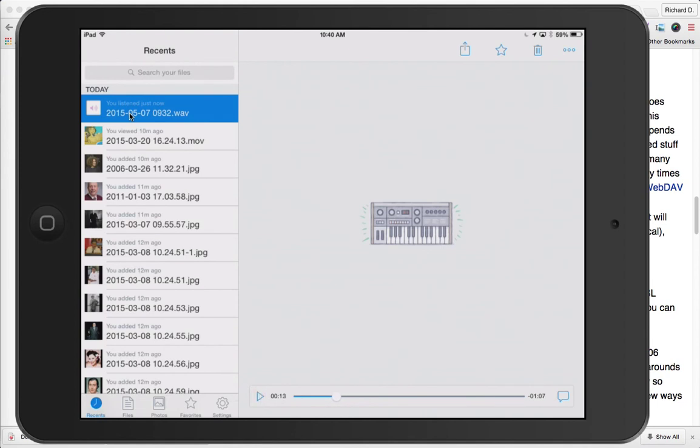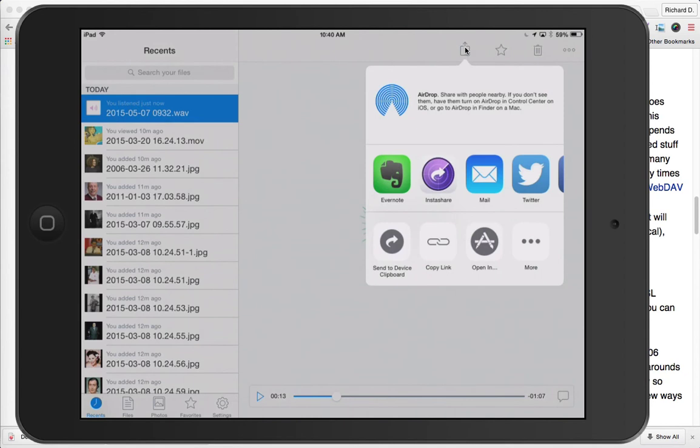Now, I'm going to stop this, but what I most want to share with you is, you see this box with the arrow pointing upward? By clicking on that, watch this. By clicking on that, you can actually send your audio to other apps on your iOS device. So if you hit Open In, which I'm going to do right now,